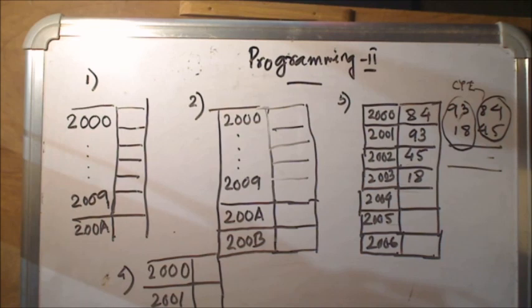The last program that we will be doing in this session is to write a program to determine the number of ones in a number. That means I'll give you any number, and you have to find the number of ones in that number. Suppose the number is stored in memory location 2000 and you have to store the answer in 2001. So keep rotating the number. As you rotate the number, each bit keeps coming into the carry flag, right? So every time you rotate, check the carry flag.